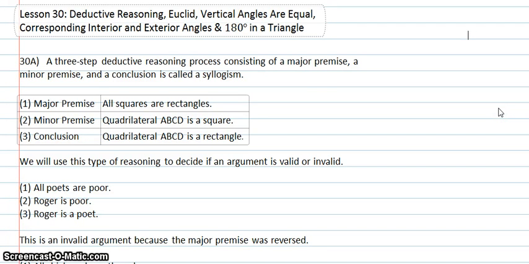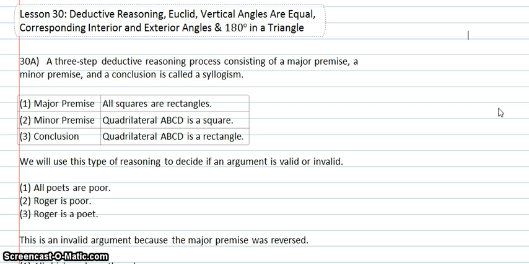In Lesson 30, we're looking at deductive reasoning and Euclid. Vertical angles are equal, corresponding interior and exterior angles, and 180 degrees in a triangle. Alright, the first section, A, talks about a three-step deductive reasoning process, which is